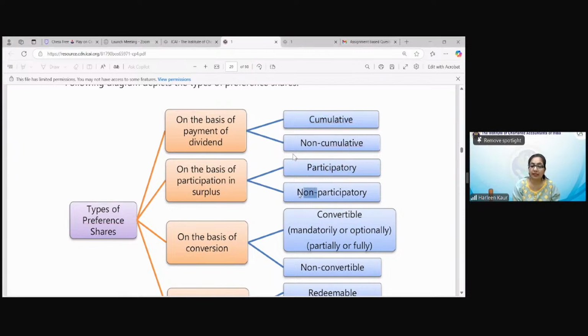Participatory and non-participatory. This is on the basis of participation in surplus. Remember in the previous class, we were discussing about equity pool. So there are certain preference shares which are issued as participatory preference shares. जिनको हमने बोला है that what will happen? The company goes into liquidation. First, who will be repaid? Equity or preference? किसको पैसा पहले मिलेगा? Equity or preference? Preference. There was 1 crore rupees and preference shareholders were worth rupees 10 lakh. How much is the balance left for equity shareholders?